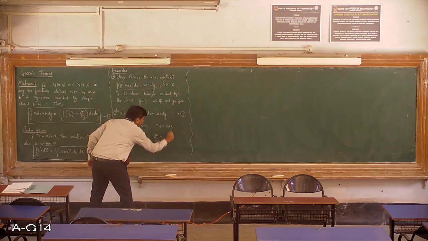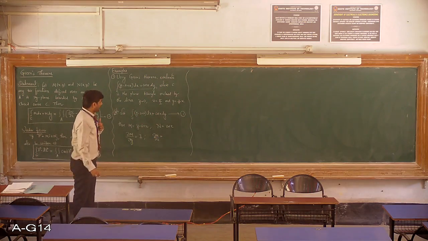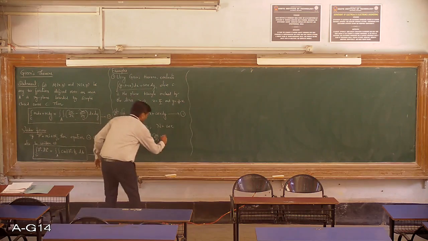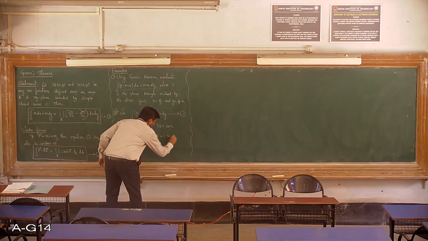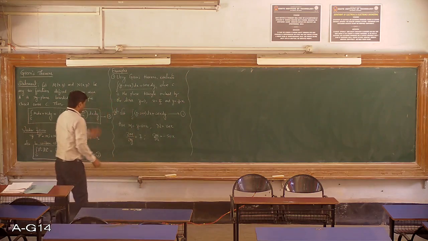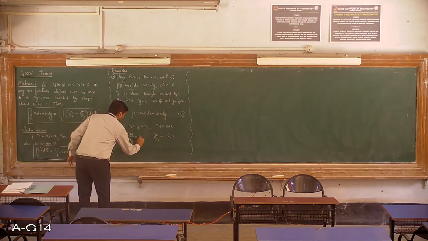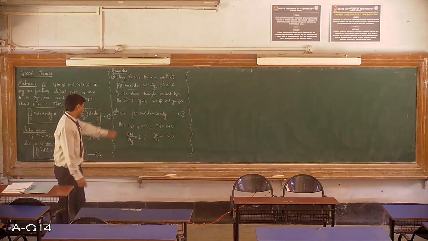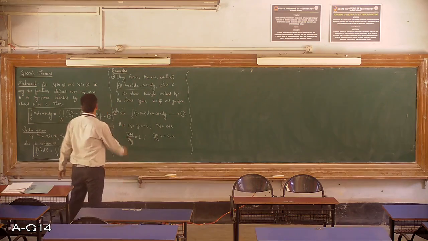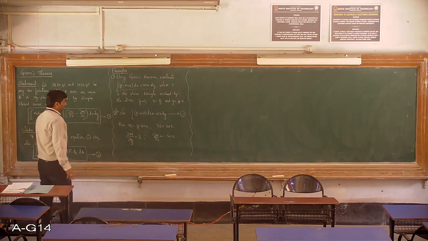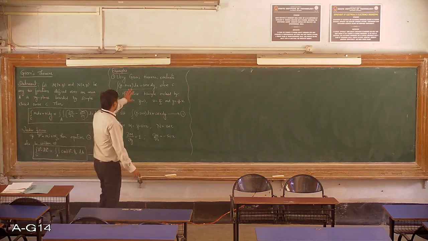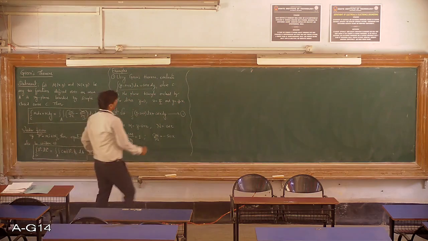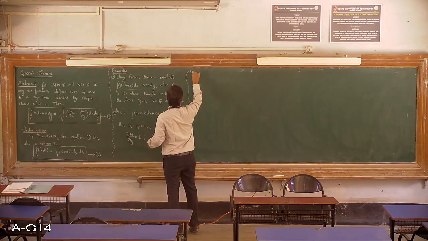Now this is ∂N/∂x. That means N we are differentiating with respect to x. So differentiation of cos x is minus sin x. So see, ∂M/∂y is 1, ∂N/∂x is minus sin x, and that we have written here. Now next, we will write what lines they have given and what the geometry of it is. So the given lines are